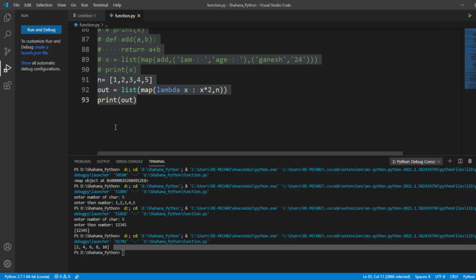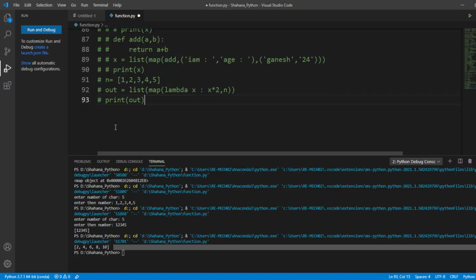I'm commenting everything here. To create my filter function, I'm using my old list, the list I created in my previous problem. I'm going to define my function with def.